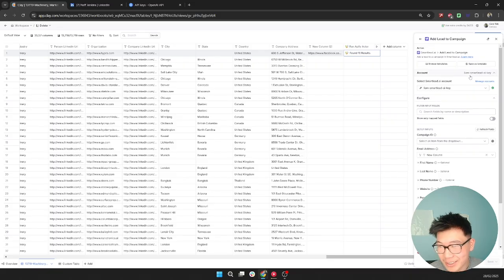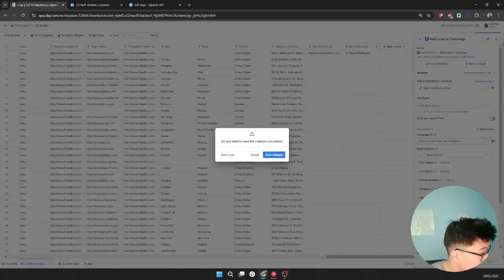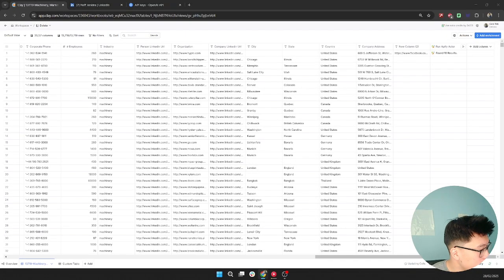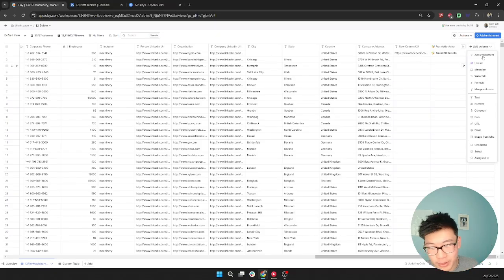Right, so this is the smart lead one. So that's smart lead Slack. Don't save. We have HTTP requests, which are next. Here we are. So we now have HTTP requests. This is also super useful. So if I come over here,